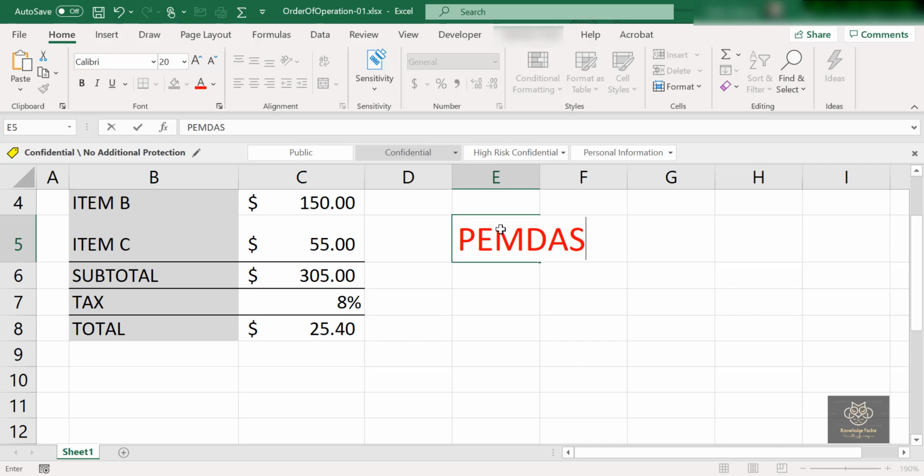Here is an acronym for you. This is what I was taught going through my grammar school, and it has stuck with me somewhat. It's an acronym, and it stands for the order of operation. It's parenthesis, then exponent, multiplication, division, addition, and subtraction.